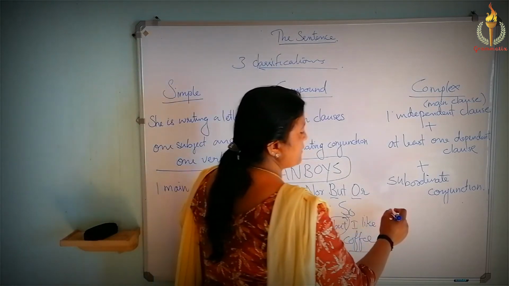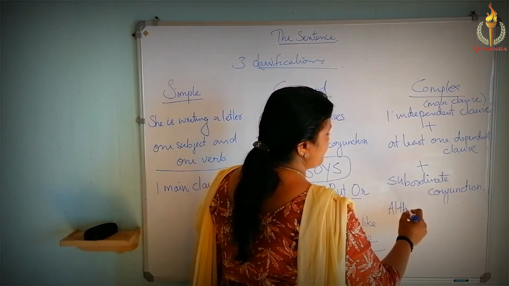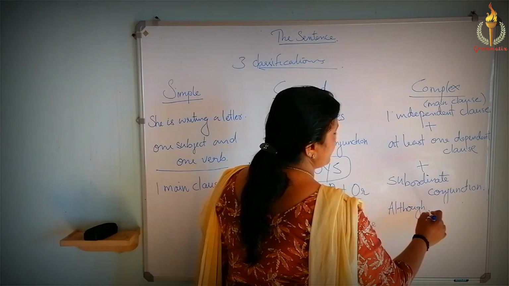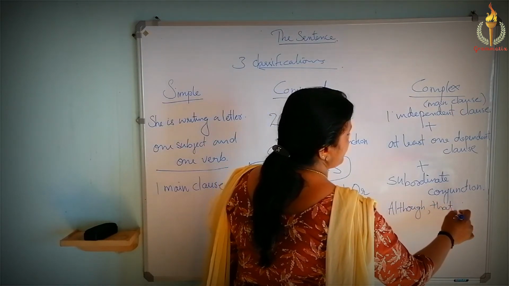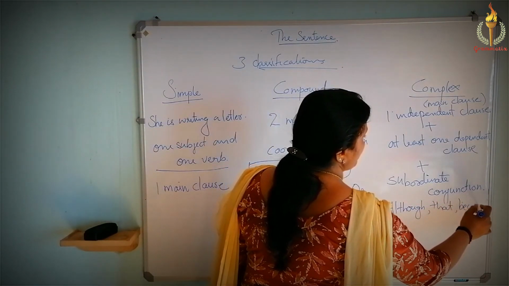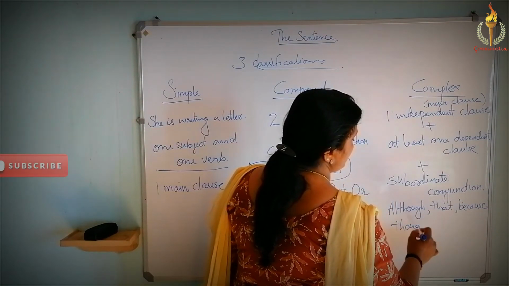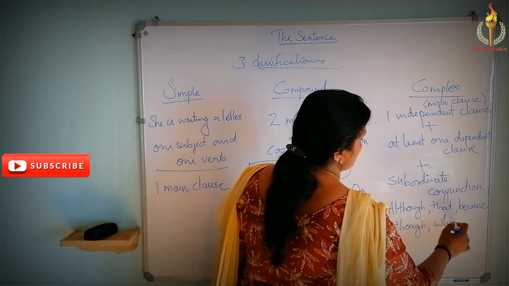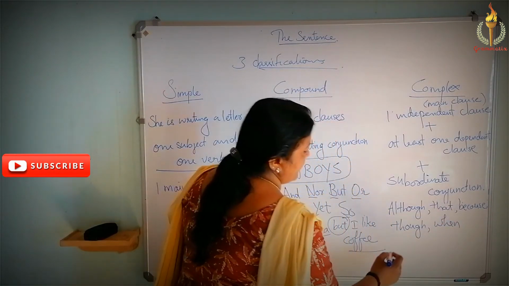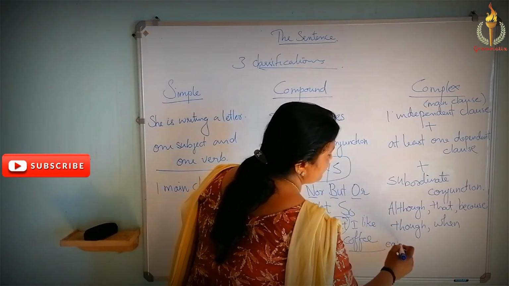Some of the subordinate conjunctions are although, that, because, though, when, etc. And the example I can give, although